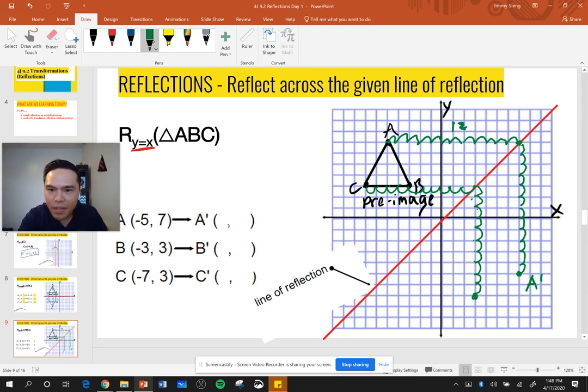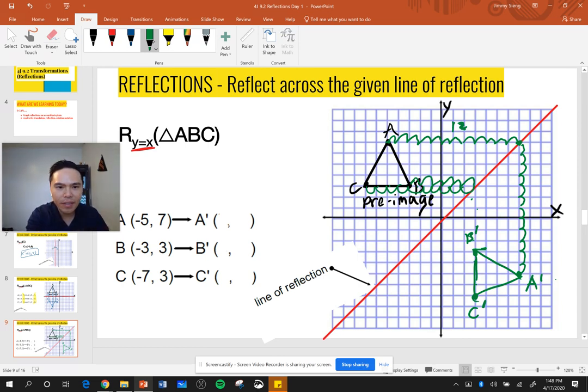Okay, let's do this other one. So we got 1, 2, 3, 4, 5, 6. And look at that. So my image looks something like that. Okay, so that's A prime, that's B prime, and then that's C prime. Again, I'm just seeing how far away the ABC points are from that line of reflection, okay? So if I was to get the points there,